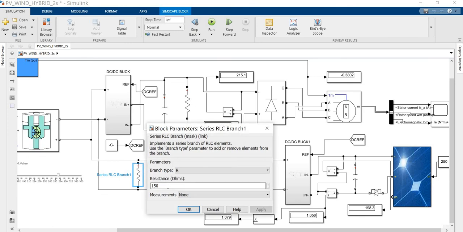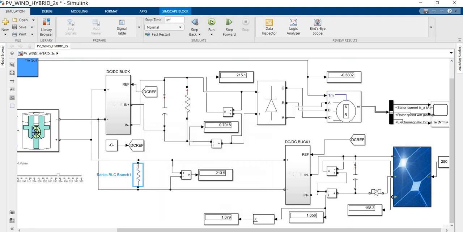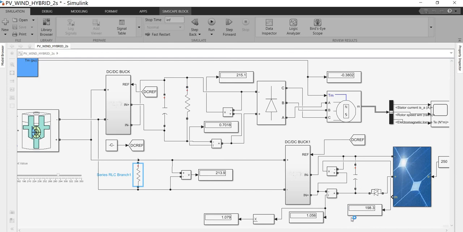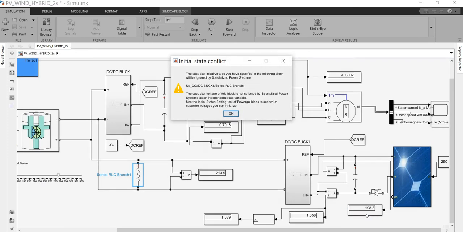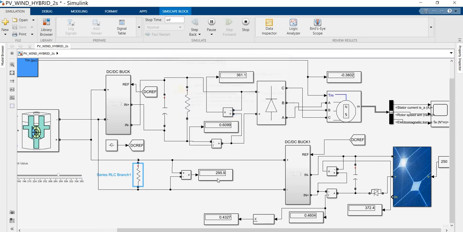Suppose I further change the voltage which is available, in the 300. Again you may watch the current drawn, the current which is already available, that is 1 point something. Now the voltage will be increased. Suppose I reduce it, the voltage will be reduced. So the DC voltage is perfectly controlled.